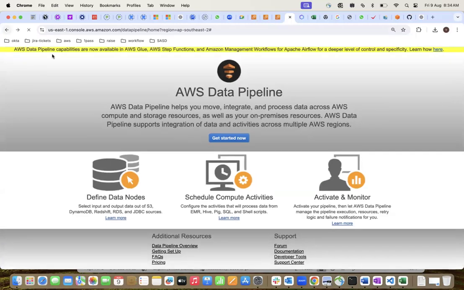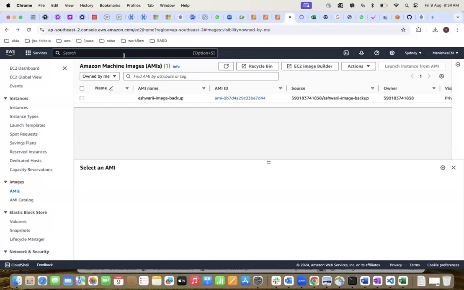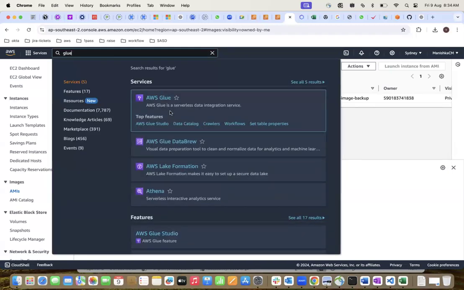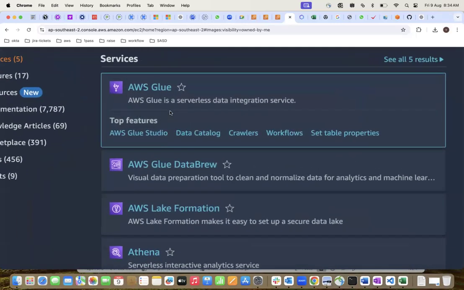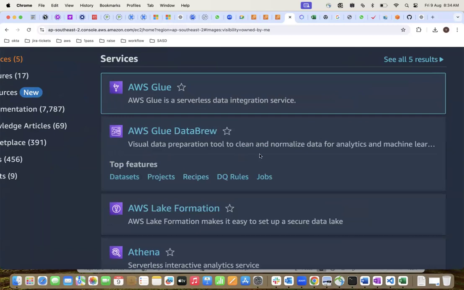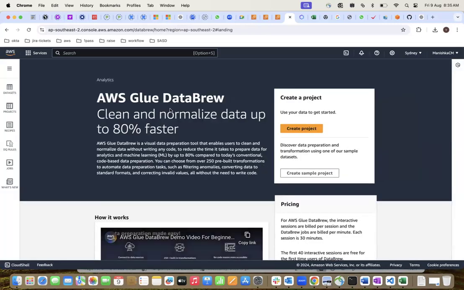So end of the day, see, visualize data preparation tool to clean and normalize data for analytics and machine learning purposes. See, end-to-end covering with Excel, database, Python, GitHub, and also R language.